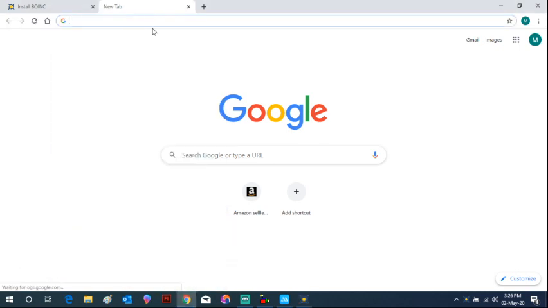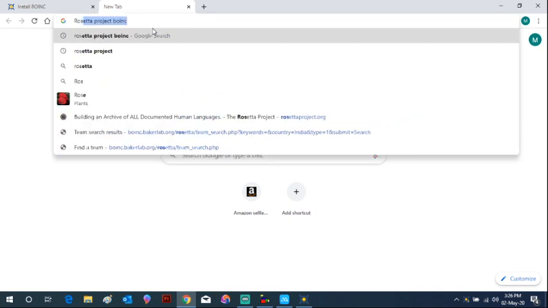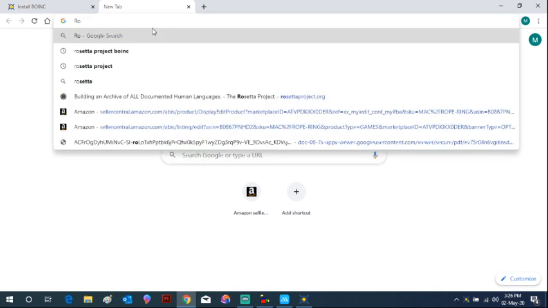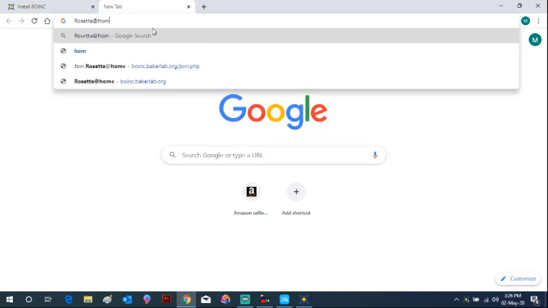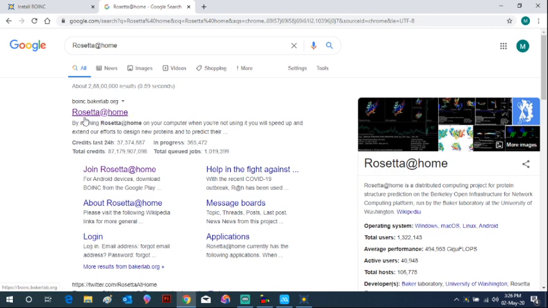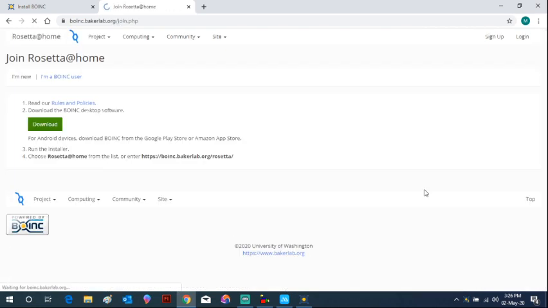We can go and write Rosetta at home. Now you will get the first link on the original Boinc website. Click on it and then click on join Rosetta at home.